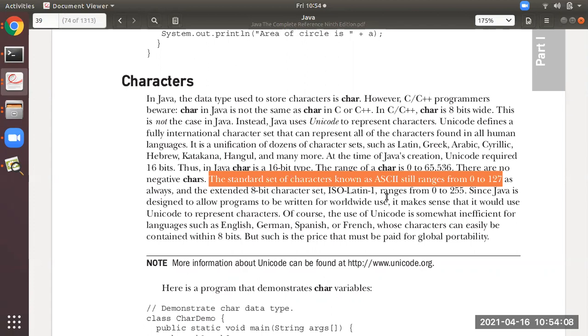On our keyboard, we see A, B, C, D, but the programming language won't understand A, B, C, D. It will understand only binary numbers, and those binary numbers come from the ASCII values. A means some value is there. It will assume A as some number, not as A. We assume A as A.